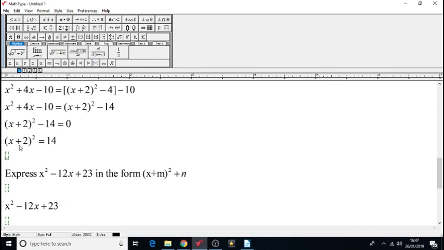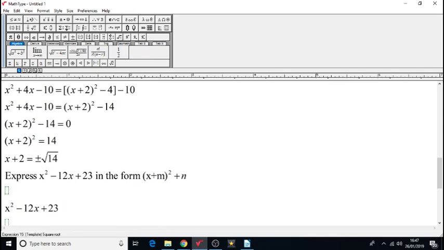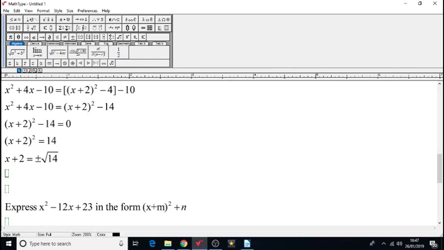Whatever you square root on the left-hand side, you also square root on the right-hand side. So now you only have x plus 2 is equal to plus or minus square root of 14. I'll show you why it's plus or minus. So we're going to put this into 2 decimal places. So x plus 2 is equal to plus or minus square root of 14. Square root of 14, to 2 decimal places,